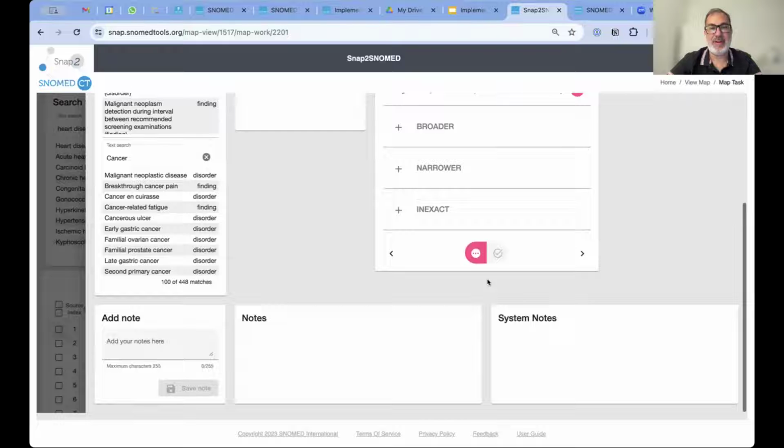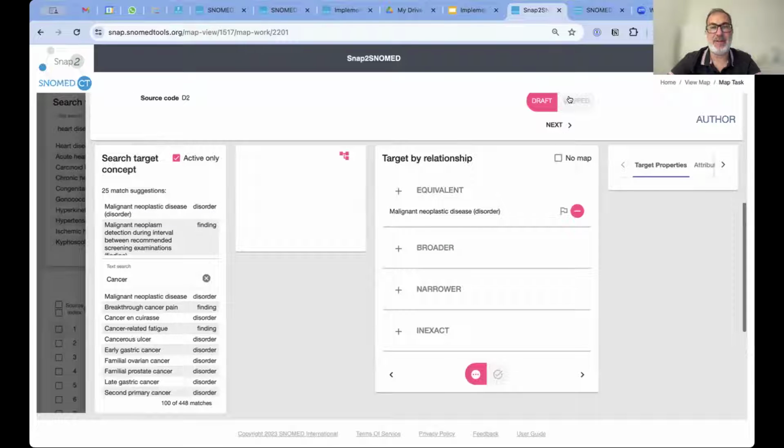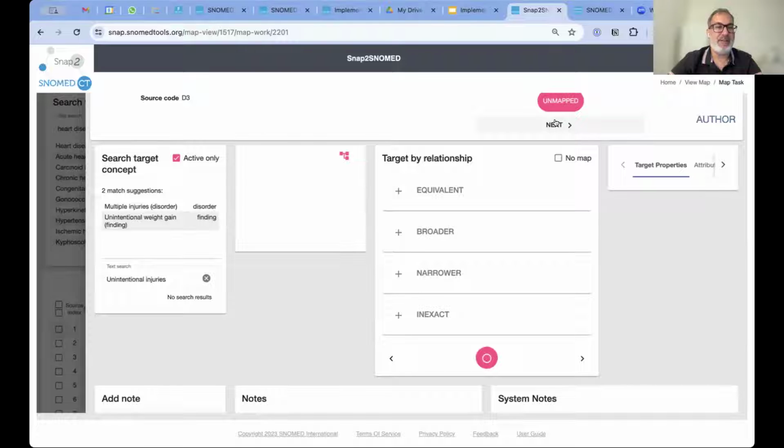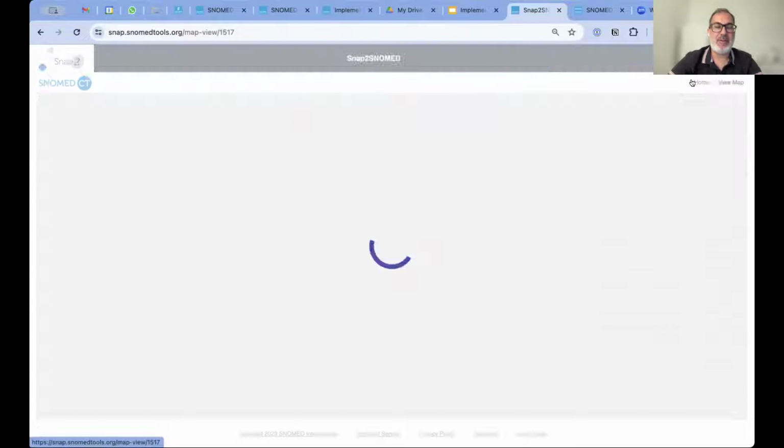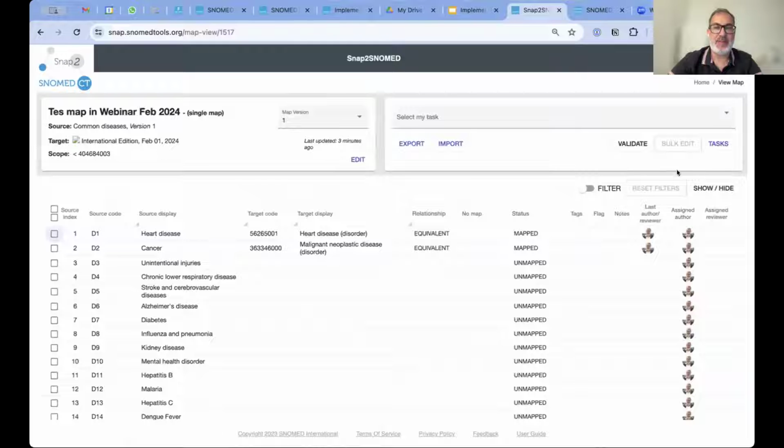And I have it there. And then I can click here to make it mapped, and I can go to the next value, yes? But also I can go back to the map, and the other option is that you can open your task